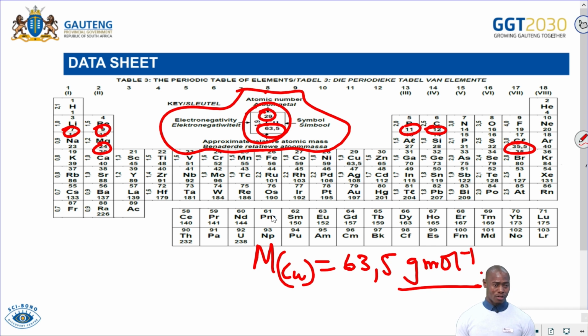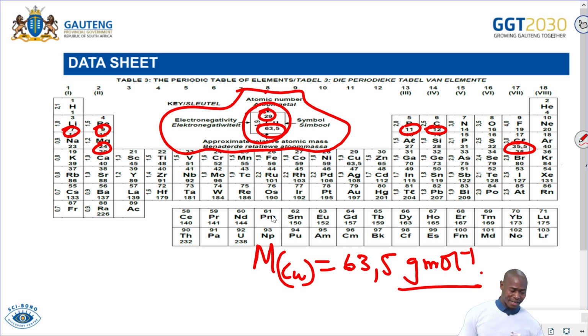So the difference between your relative atomic mass, relative molecular mass, and the relative formula mass, and also your molar mass. Relative atomic mass, relative formula mass, and relative molecular mass have no units, right? But the values are the same. But when it comes to your molar mass, there are units, and the units are grams per mole. So I think, learners, that is making sense, all right? The values are the same, but the difference is that